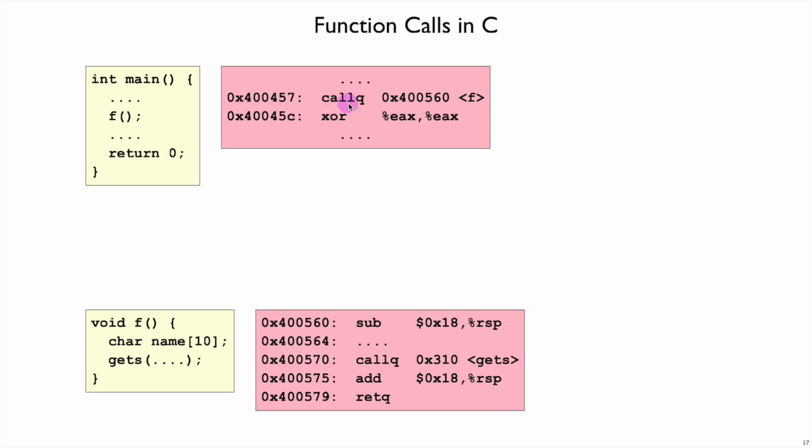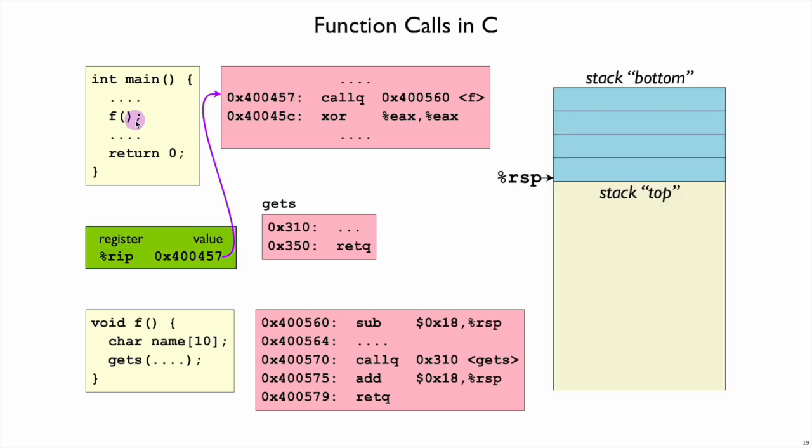The main function calls the function f, and the function f is going to make room on the stack before it calls gets. gets is supplied by the C library, so it also lives in memory somewhere. Here I'm showing hexadecimal addresses to the left of the assembly code to say where this code is sitting in memory. When we're at the call to f inside of main, that means the processor's instruction pointer is pointing at that callq instruction. The stack pointer will be pointing to someplace in memory, representing the top of the stack,